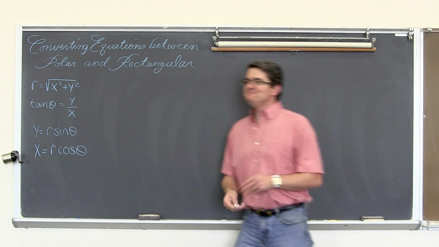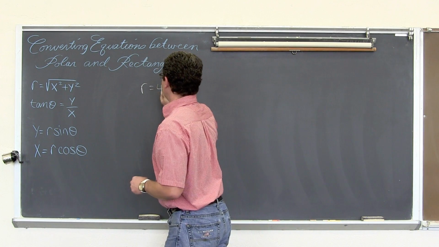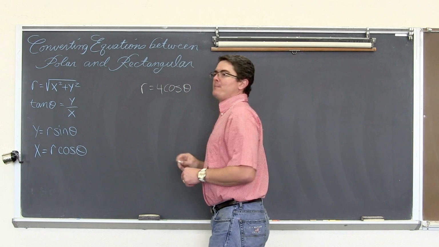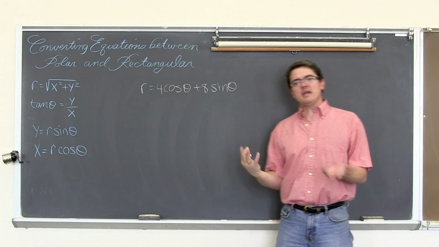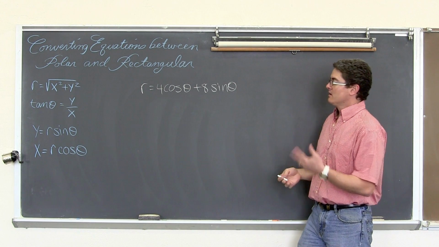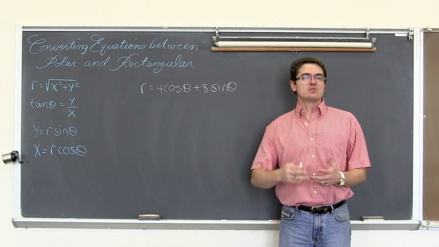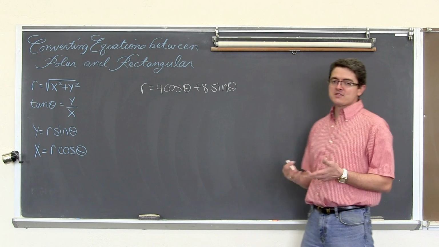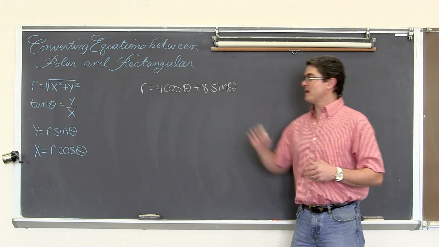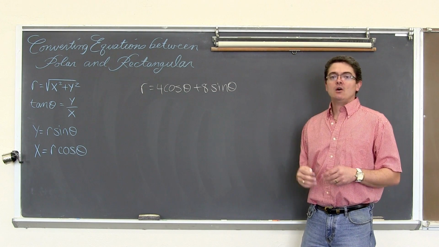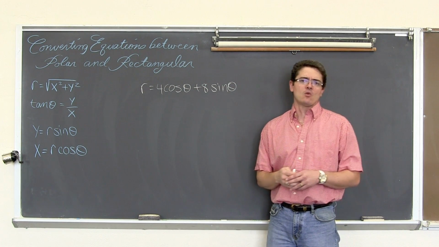Third example, r equals 4 cosine theta plus 8 sine theta. Okay, again, r's and thetas, polar form. Let's get this into rectangular form and see what type of graph this equation would form. Because the graph is going to look the same whether you graph it in polar form. If you have a calculator, you can put that calculator in polar form and type this in. Or once we're done converting this into rectangular form, graph that, and it will be the same graph.